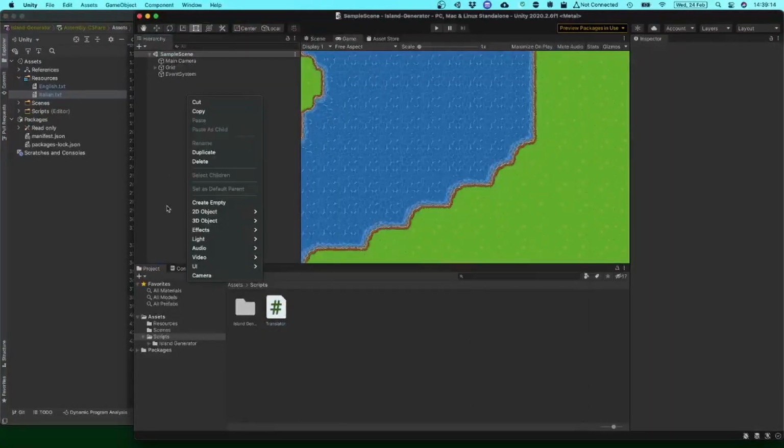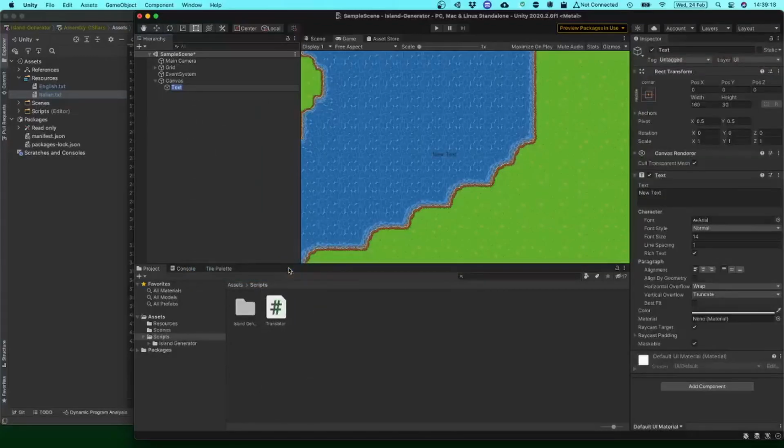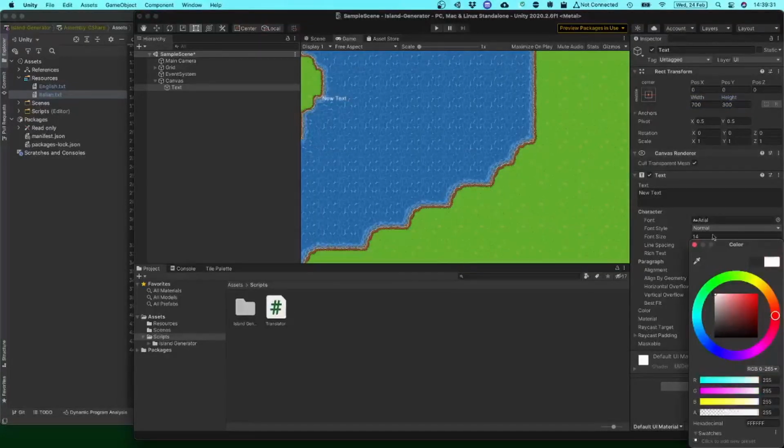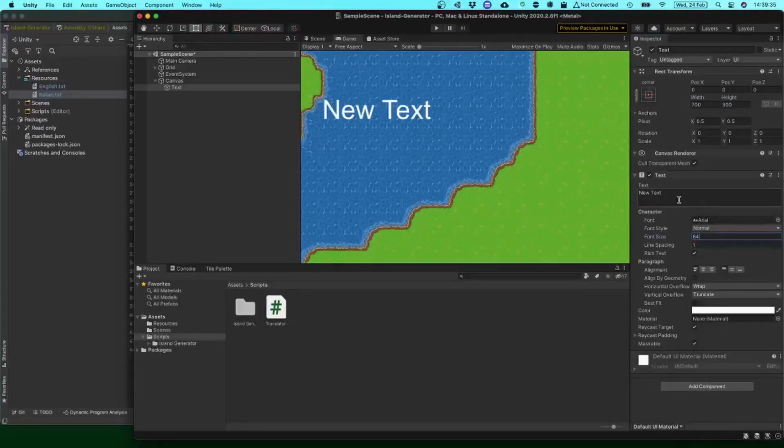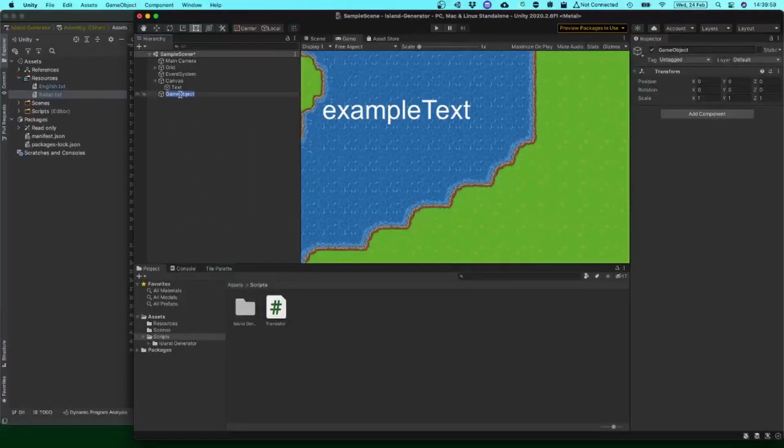To watch it in action, I'll add a new UI text component. Let's make it a little bigger and change the color so that it is more visible. The example text key we previously added to our translation file will be the perfect match for its content. Then I create another game object and I'll name it GameController. I'll then proceed to add a new C# script to it that will be named accordingly.